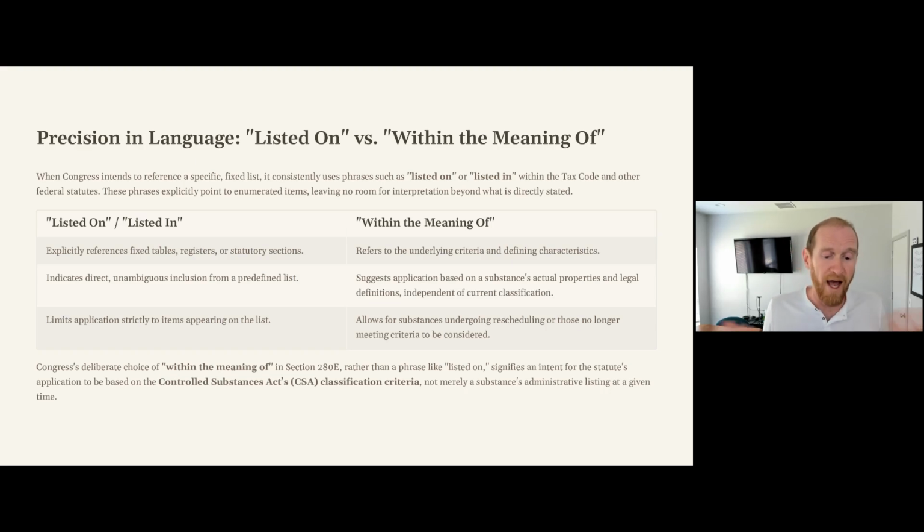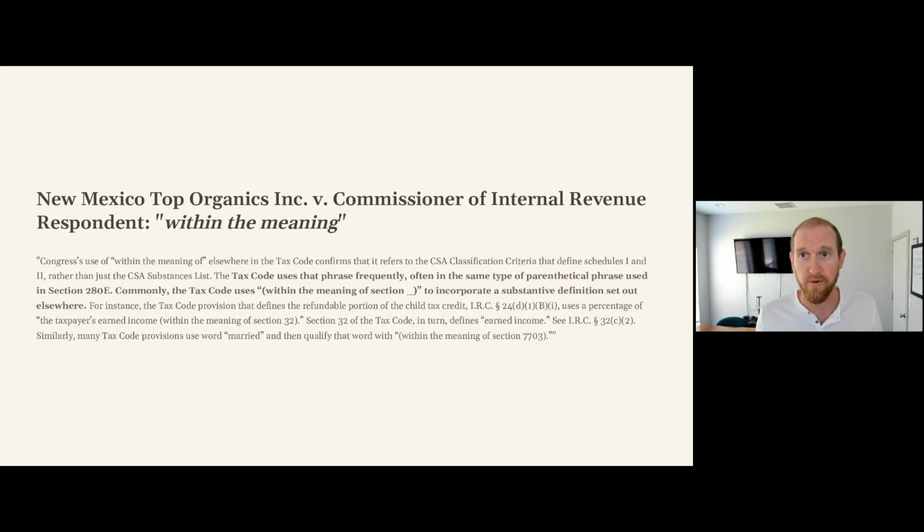And so why would they, if they wanted 280E to apply to substances that are classified as, why didn't they just say classified as or listed on? Why did they use "within the meaning of"? And so then he moves on and talks about how the tax code does use "within the meaning of,"